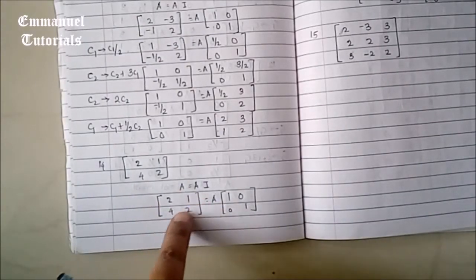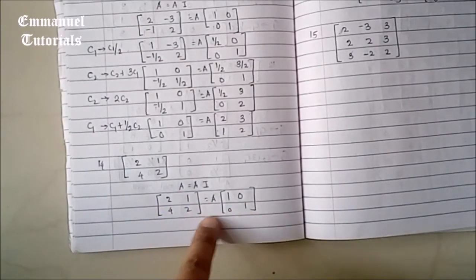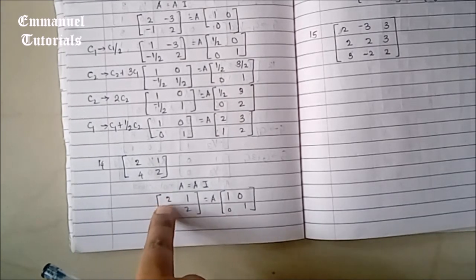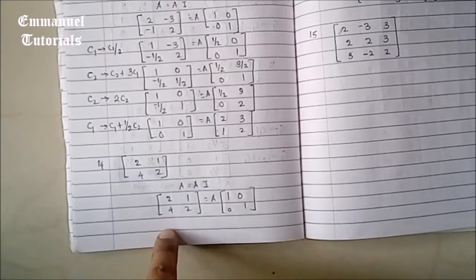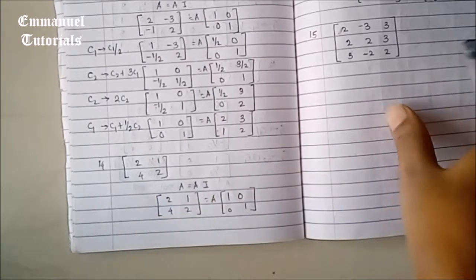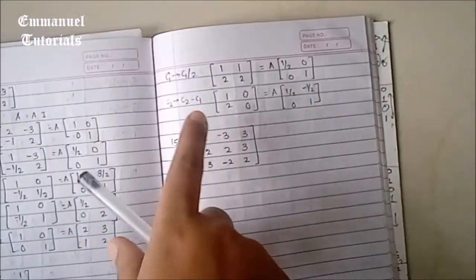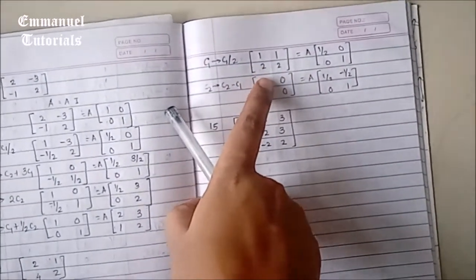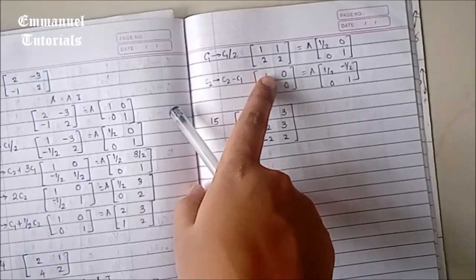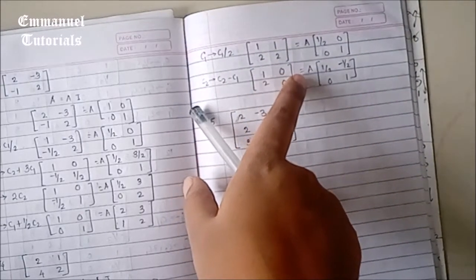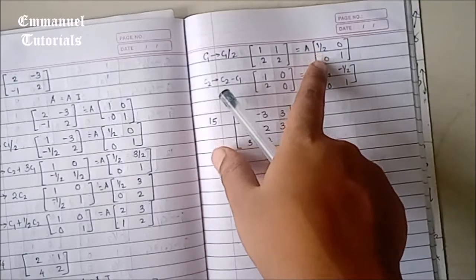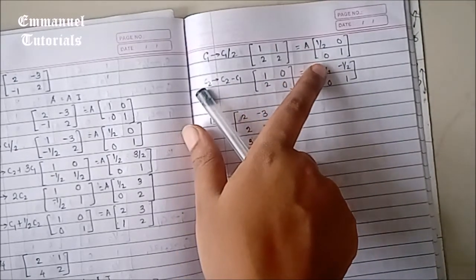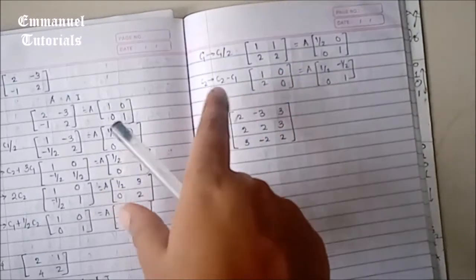The matrix is 2 1 4 2. Now when we substitute the values, we find the first element is not 1. To make it 1, what we can do is just divide it by 2. So C1 is C1 by 2. C1 by 2 will give us 1 and 2, because 2 by 2 is 1, 4 by 2 is 2. And the second column is 1 and 2. Similarly, on the RHS identity matrix, 1 divided by 2 is half. 0 divided by 2 is 0. Rest of the elements as they are.